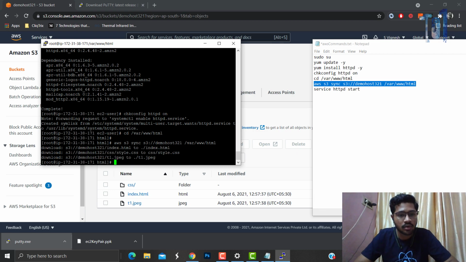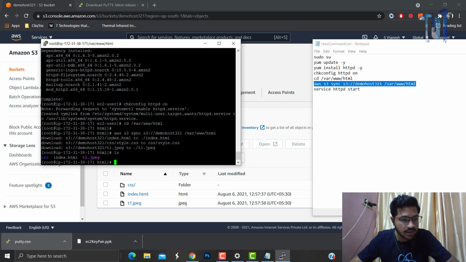Boom, I think we got our HTML files. Let's do ls and check. Yes, the index HTML file, the image and the CSS folder which I used have successfully shown up.